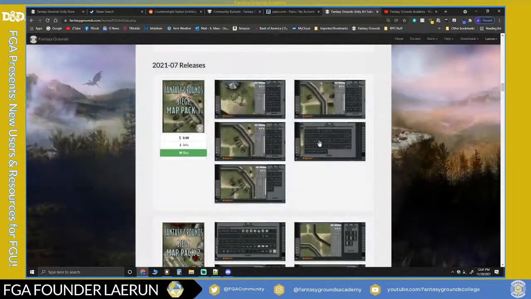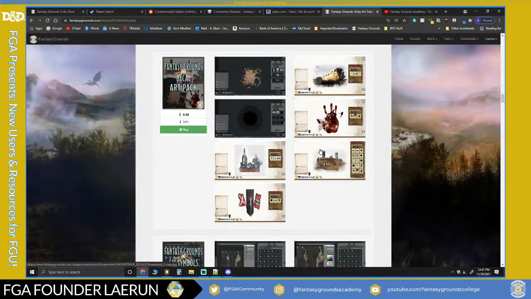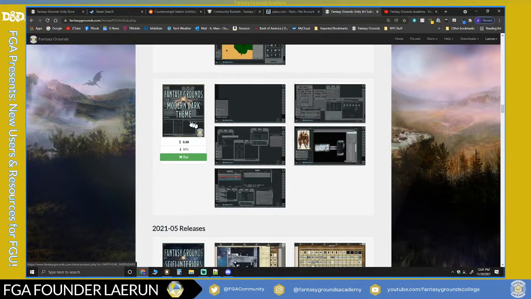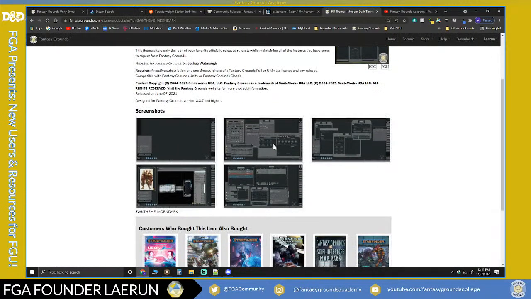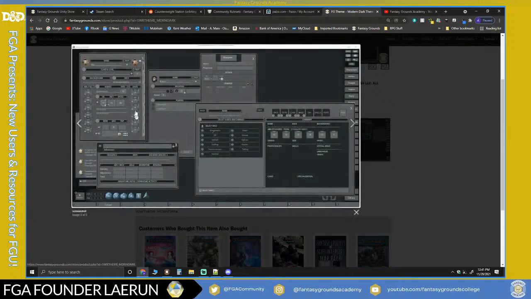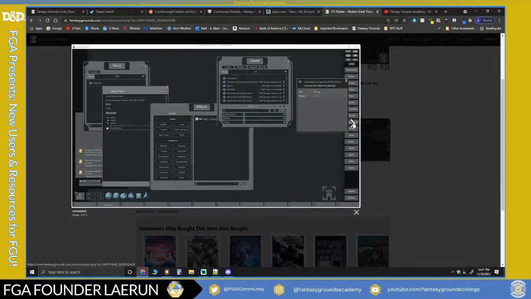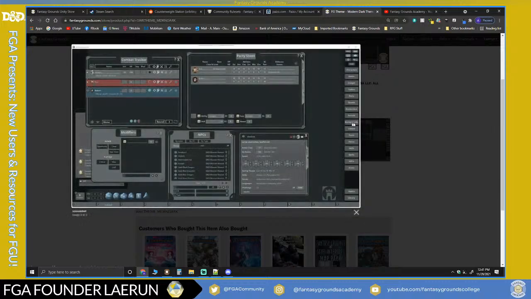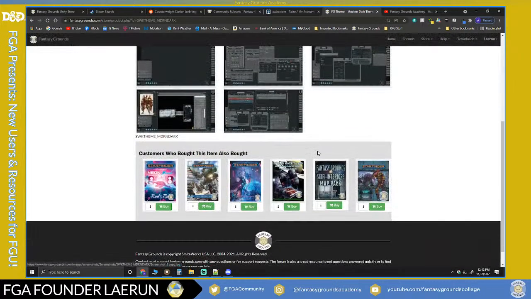So there's a lot of options here. And then if you like themes, there's art decals, and there's actual map packs for symbols. And here's a modern dark theme. So if you like this look here, you can use this. This would work really good with a cyberpunk or maybe a fantasy or even alien setting, if you like using a more modern look. So they are improving the interface as much as they can.